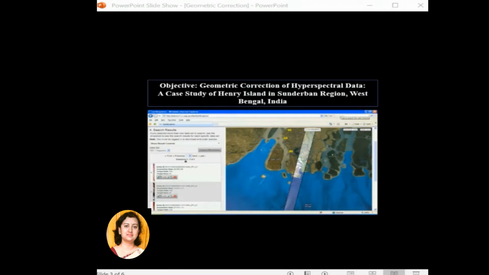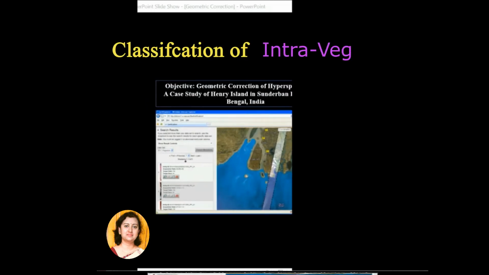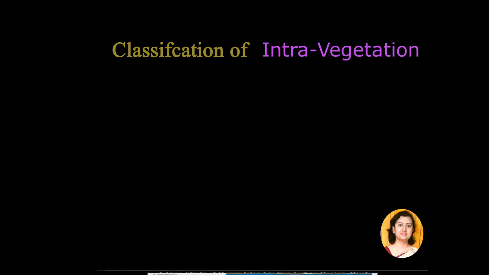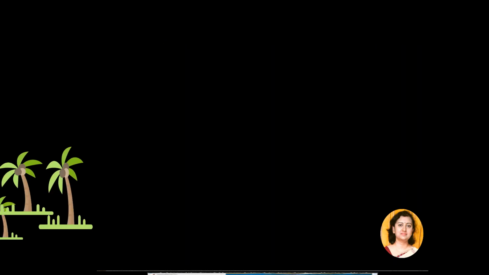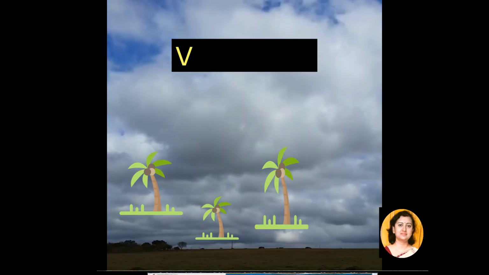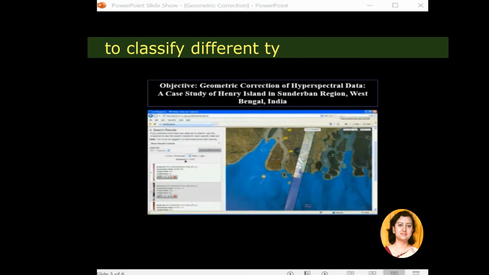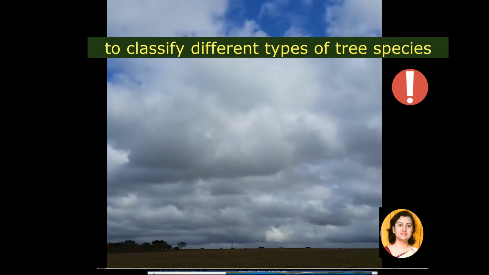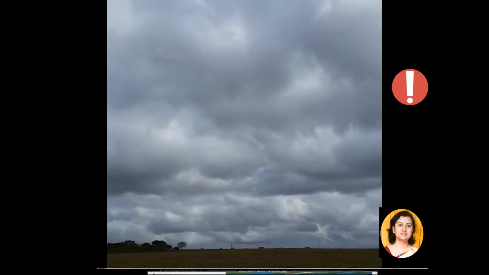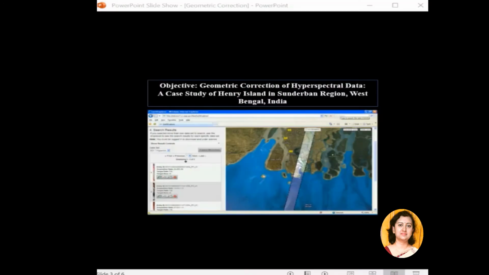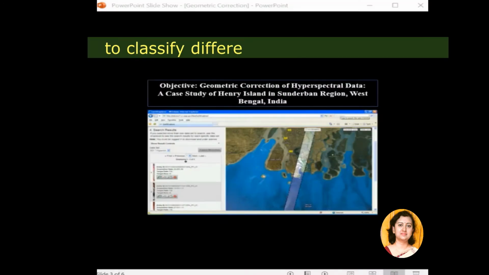But if you want to classify intra vegetation, that is, there may be different kinds of tree species available in the area, all are green in color and all represent vegetation. So if you want to differentiate between different kinds of tree species, that is not an easy task. Okay, so that is why I have chosen this particular problem.